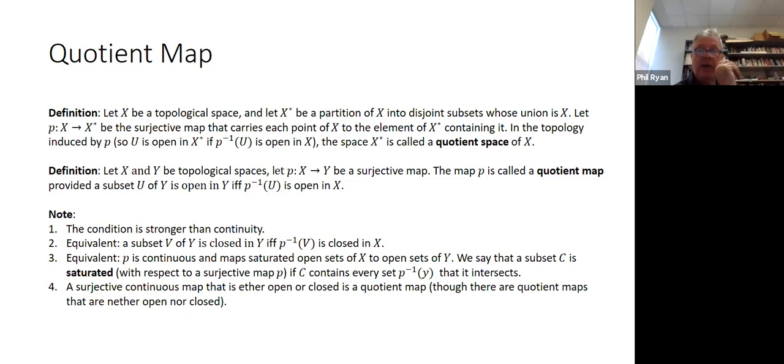And we talked a bit about the idea of a subset being saturated with respect to a surjective map. Okay, so that means that if a set intersects the preimage of a certain point, it meets all the preimages. So, for example,